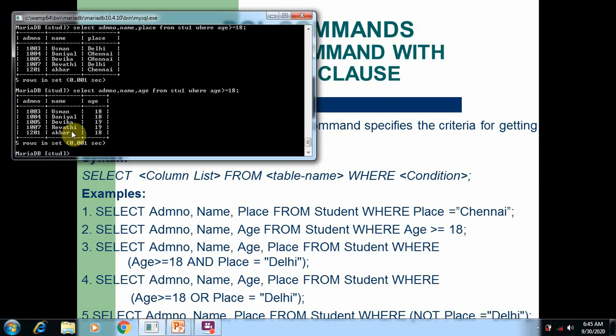So the next SQL command is where we are using a new condition operator called AND. These equal to and greater than or equal to operators are called comparative operators. The AND operator is called a logical operator, where we can give two conditions. See, in this WHERE clause we are using two conditions. It means we want to see the details of students whose age is greater than or equal to 18 and